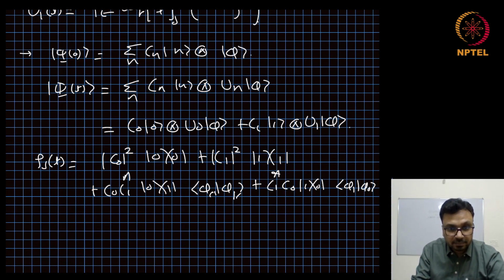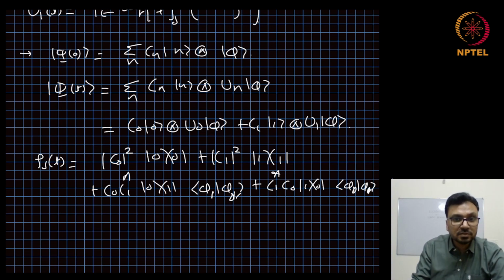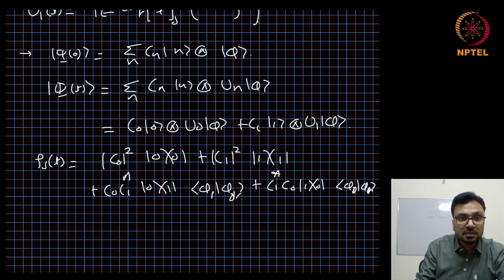No, sorry, this is ⟨φ_0|φ_1⟩. Plus c_1* c_0 |1⟩⟨0| ⟨φ_1|φ_0⟩. No, sorry, this is |1⟩⟨0| and this is |0⟩⟨1|. This will be the final state of the system at time t,